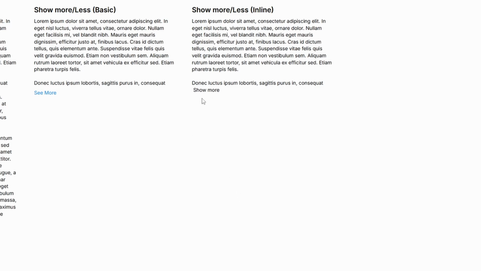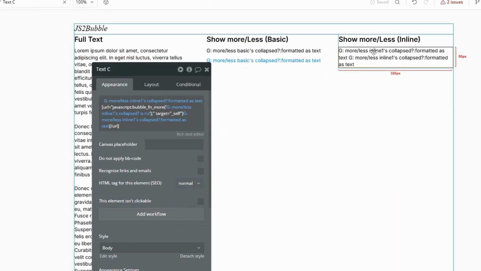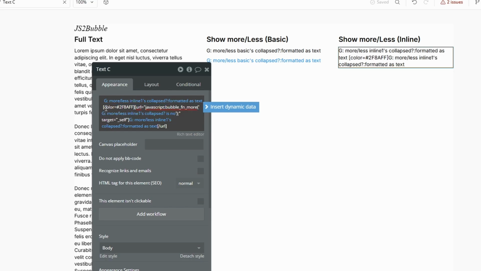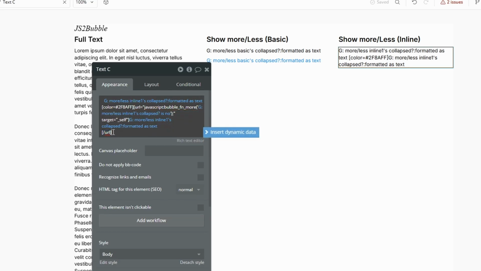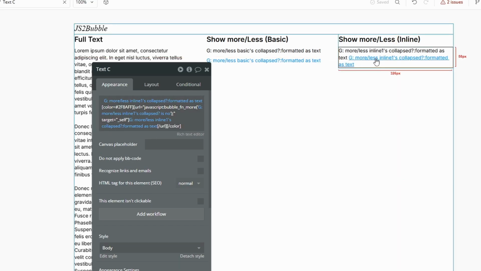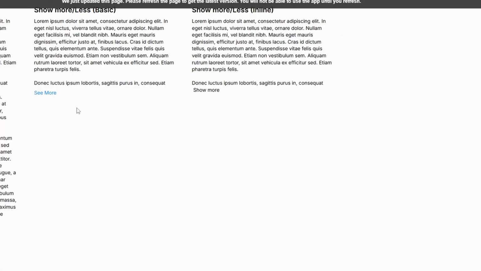We can make this stand out by adding a color, and to do that you come into the text here and at the beginning type in the text color equal to, you give the color code that you want and you close a bracket. Then at the end you want to open a bracket, slash, and you type the word color and you close the bracket. As you can see, the color immediately changes in here, and if we refresh the page,